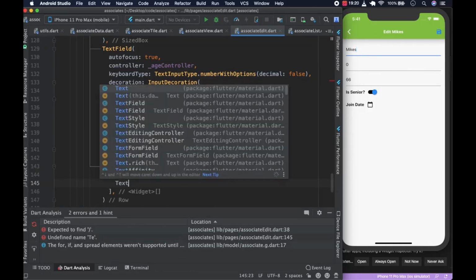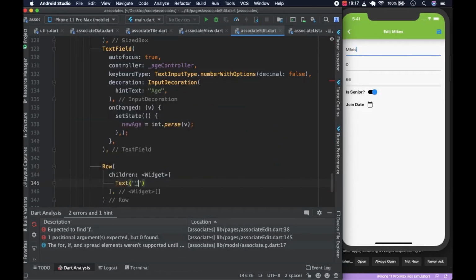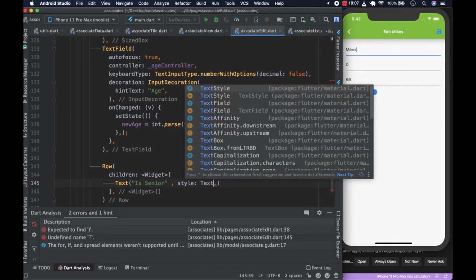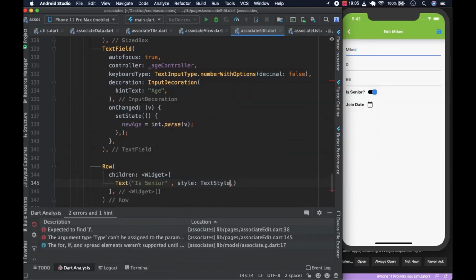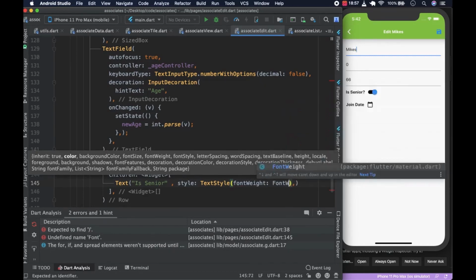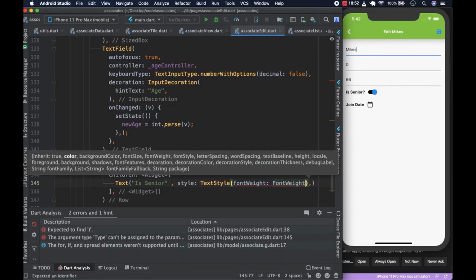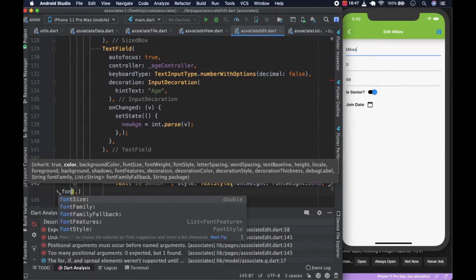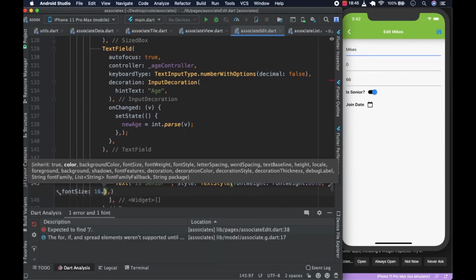It's going to be a text with the words is senior, and we're going to have some style, which is going to be TextStyle like this, and we're going to have the font weight is going to be FontWeight.bold like so, and font size is our usual 16.0,